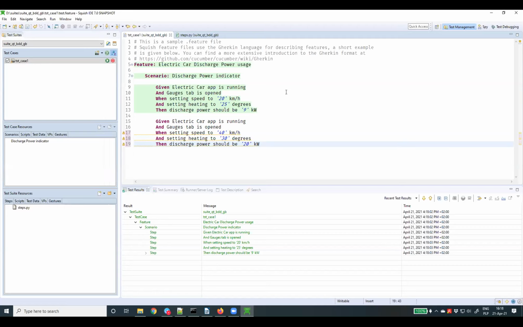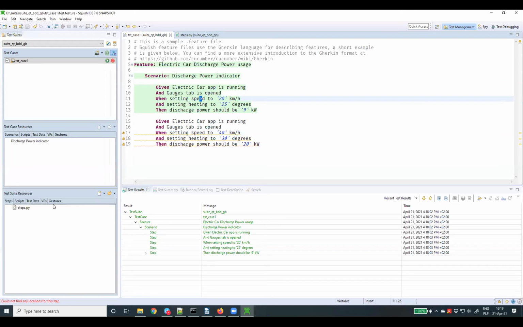You see warnings appeared again. It means that those steps are unknown. But as you can see, the only difference is in the test data and expected values. So the easy way to handle that is we can simply parameterize our steps, so they work with any values. To do that, we need to go to the step definition